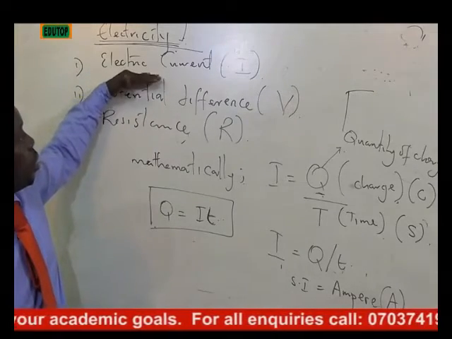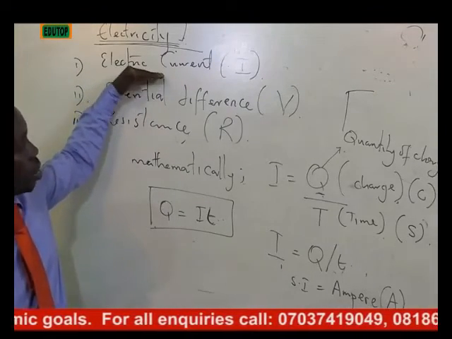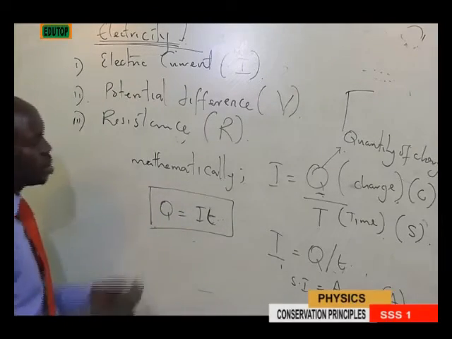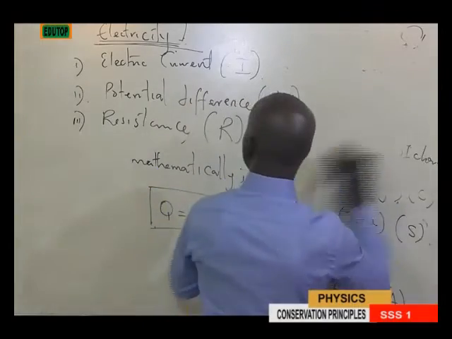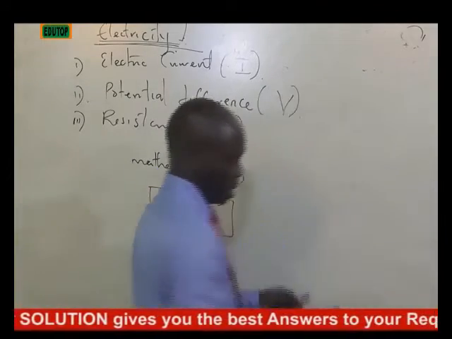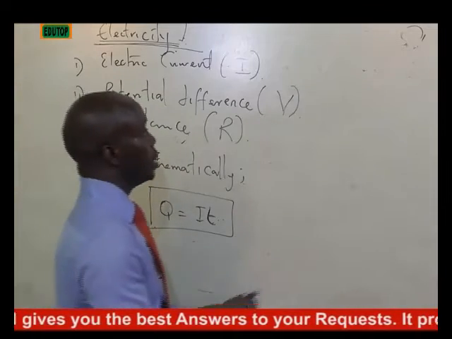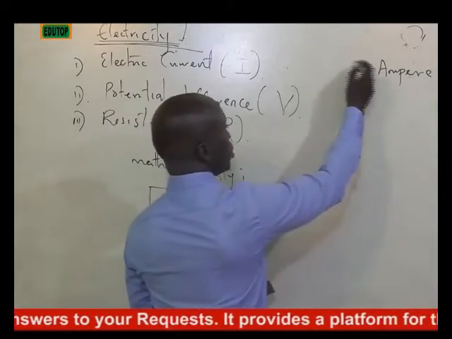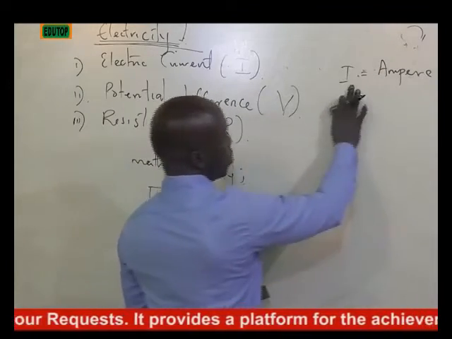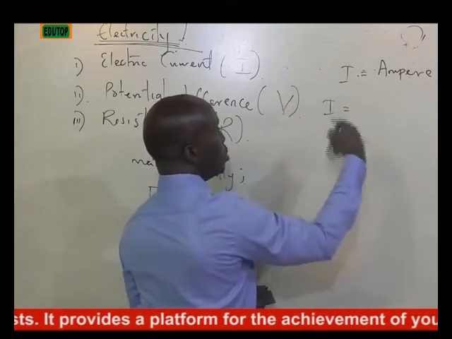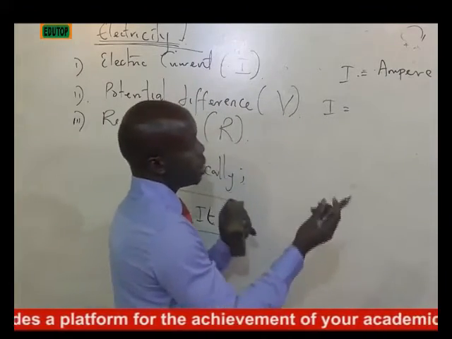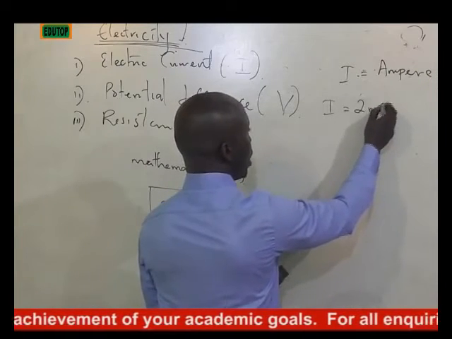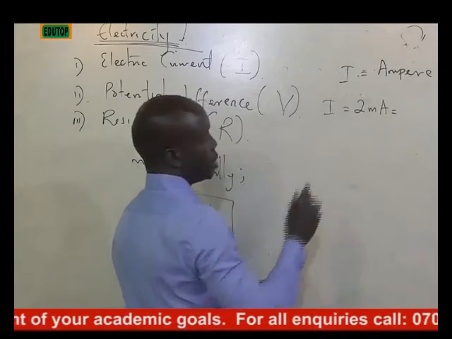When we are talking about electrical current, before we proceed, let's still talk about electrical current a little as regards their SI unit. I told you that initially the SI unit is ampere. Current is measured in amps. But we need to understand that when you talk about amps, your current could be very small, as regards the minuteness. Let me say they can give you 2 milliamps. What does milliamps mean? It means that it is